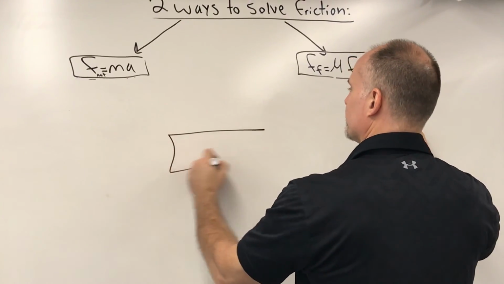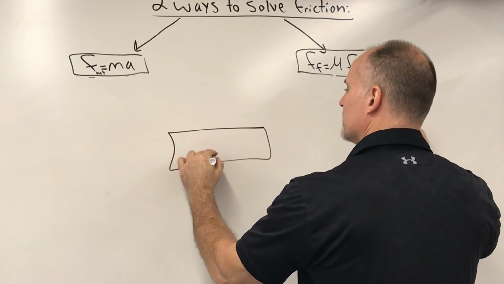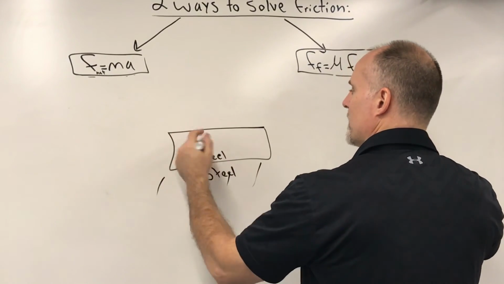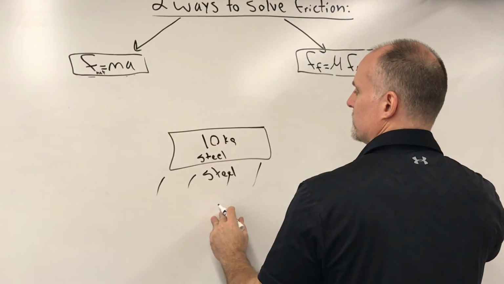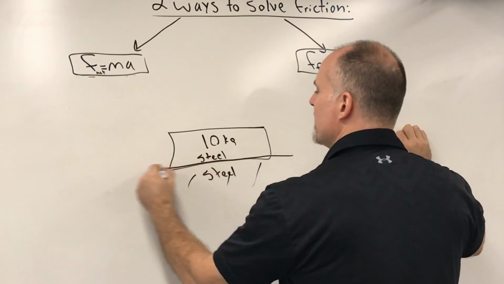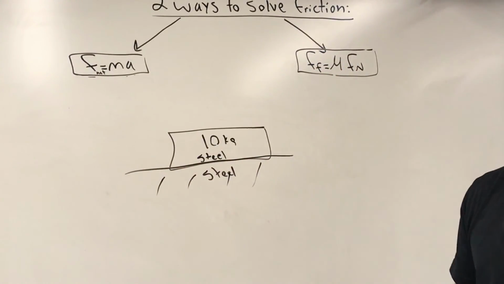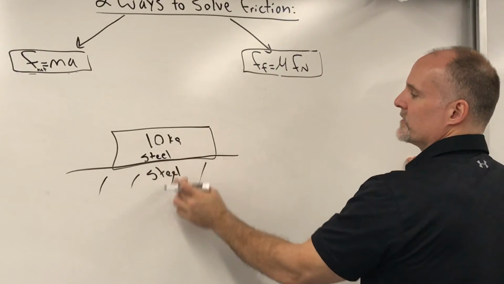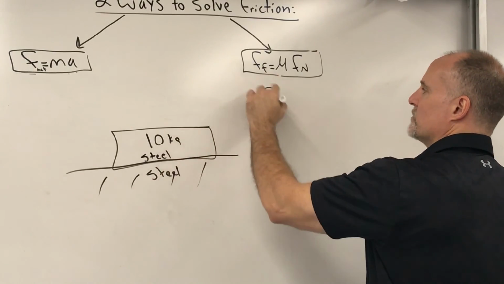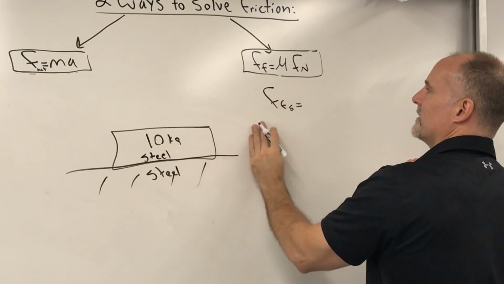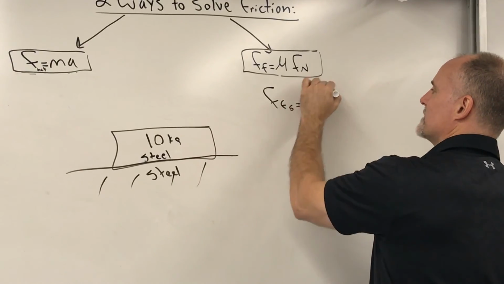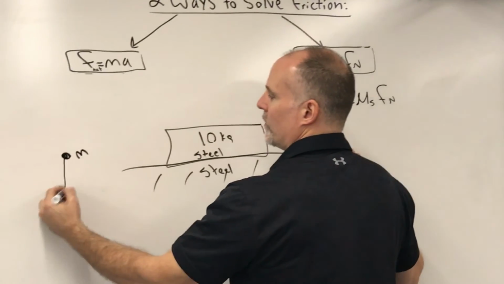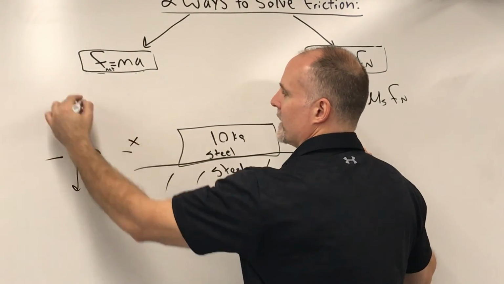We're going to take a steel block on a steel surface. Okay? And we're going to make the block 10 kilograms. So what is the minimum force I need to move this block? Okay? Well, what we have to do is we have to use our formula here. We know the surfaces are steel on steel, so we're going to say that the frictional force static is mu s Fn. We're going to draw a free body diagram, and you should know, drawing your xy axis, that